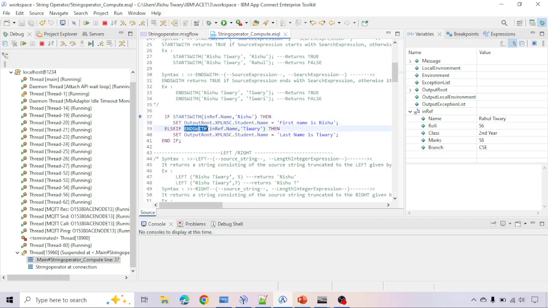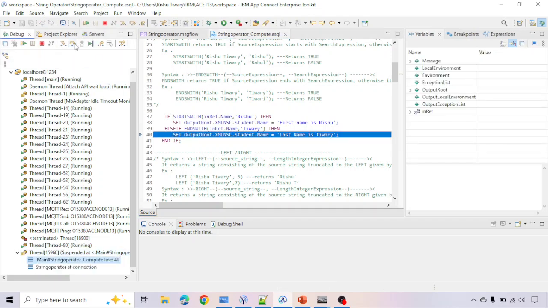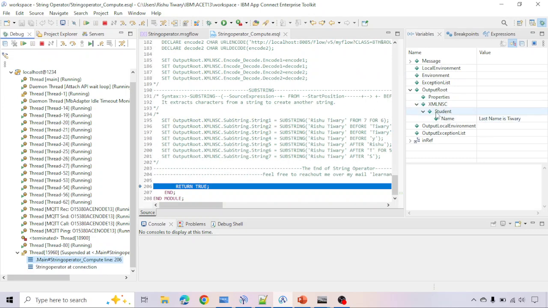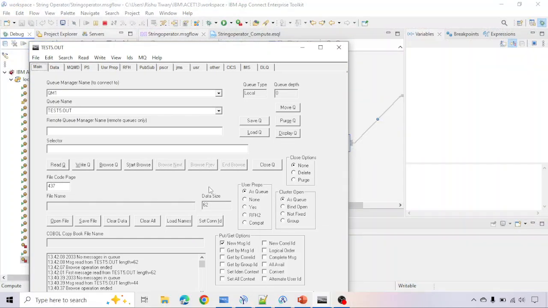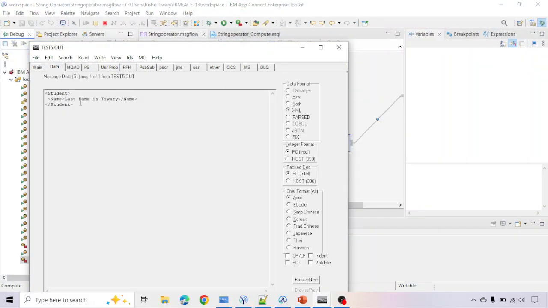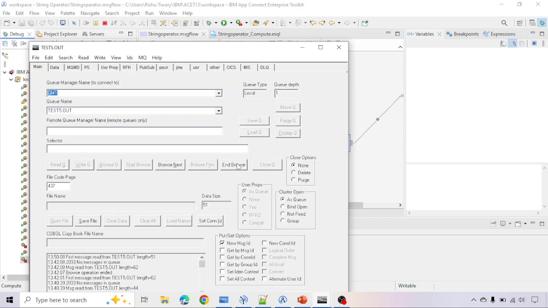In the else block, it will check if Rahul Tiwari ends with Tiwari. So yes, it ends with Tiwari. So this else IF block is going to execute, and we are going to get in output, under student, under name, that the last name is Tiwari. So let's see. You can see it directly came here, and after that in output you can see under student under that name we are creating a field, and in that field we are assigning that the last name is Tiwari. Okay. And the same thing you are going to see in the output queue. You can see last name is Tiwari. Okay. So in this way we can check the